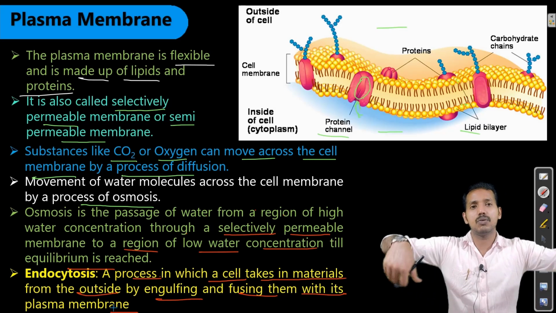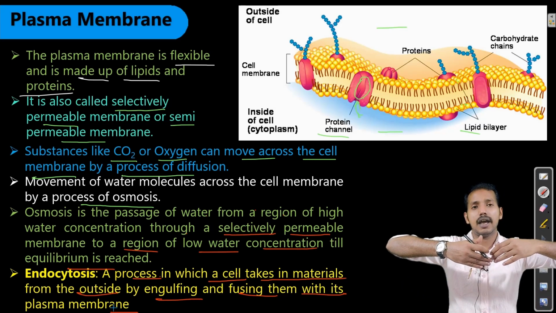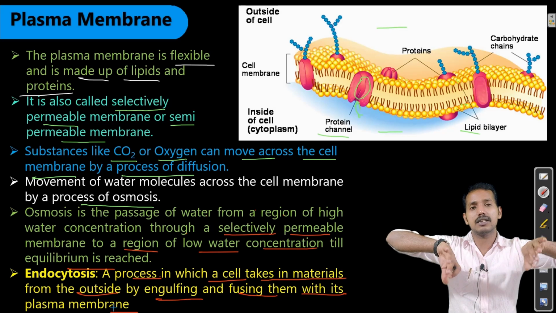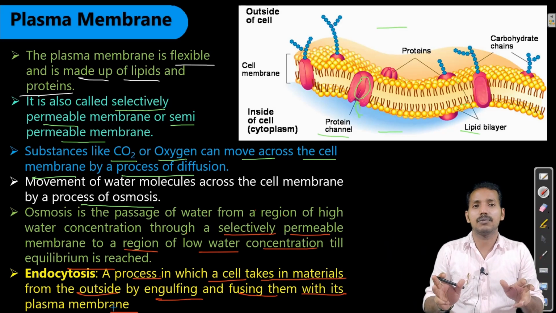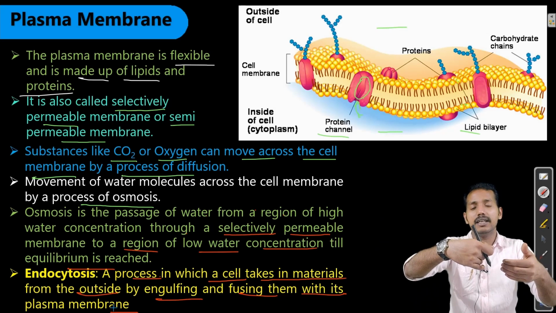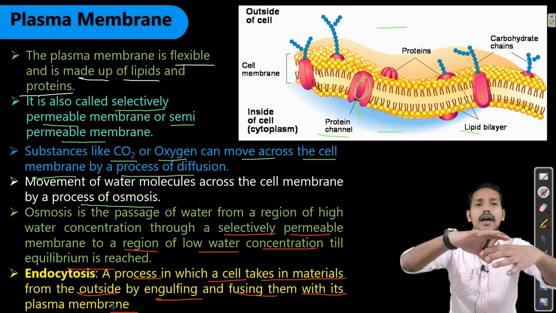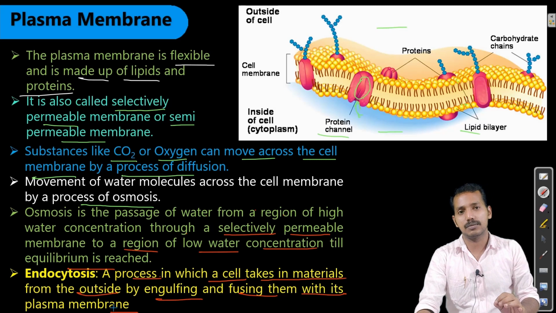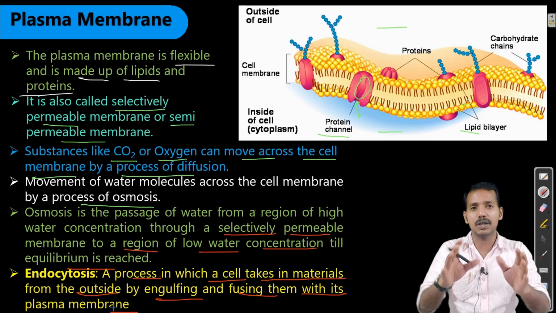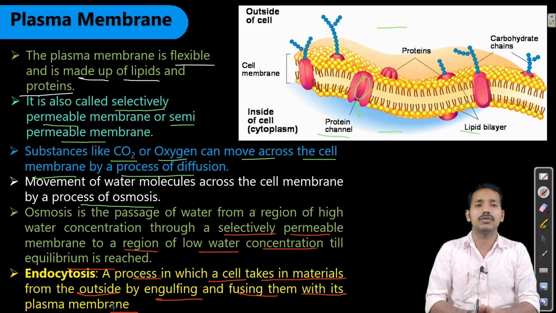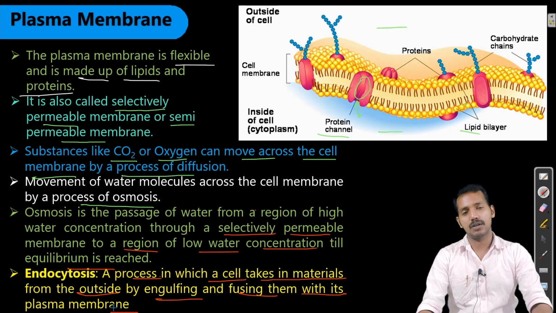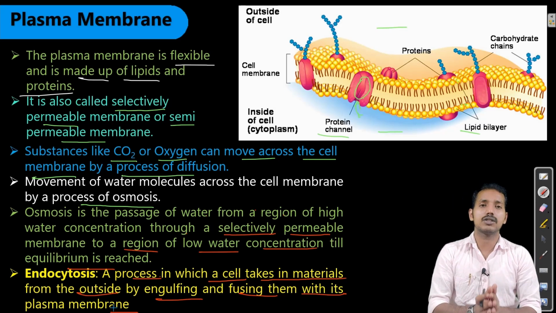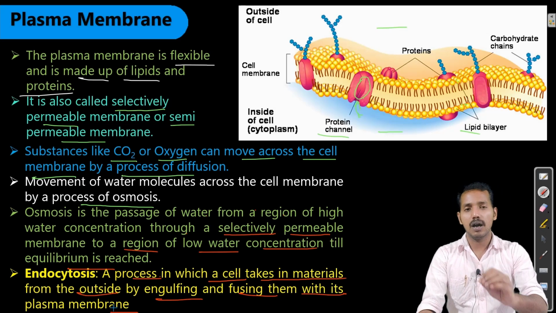So it changes its body shape and makes some projections outward, which are called pseudopodia. And when the food particle enters inside, it will close and engulf the food. This is possible only because of the flexibility of the plasma membrane of these unicellular organisms. So you need to understand what the plasma membrane is and the terms related to it,